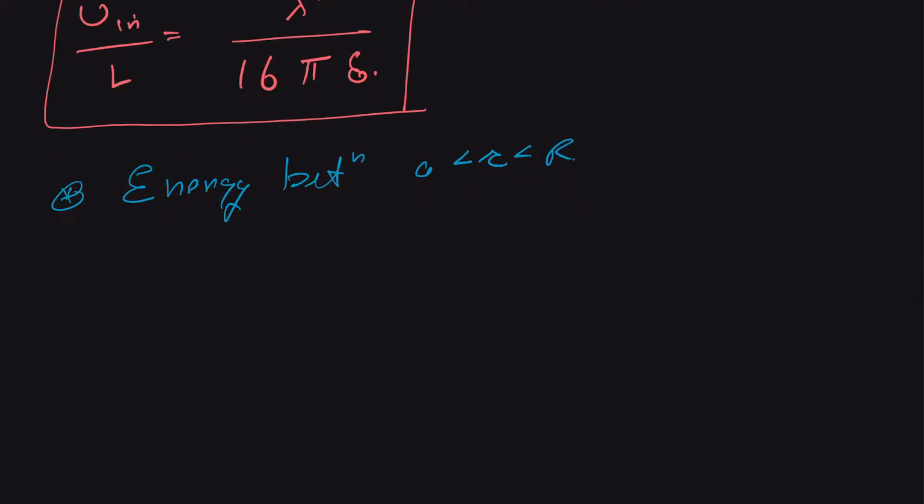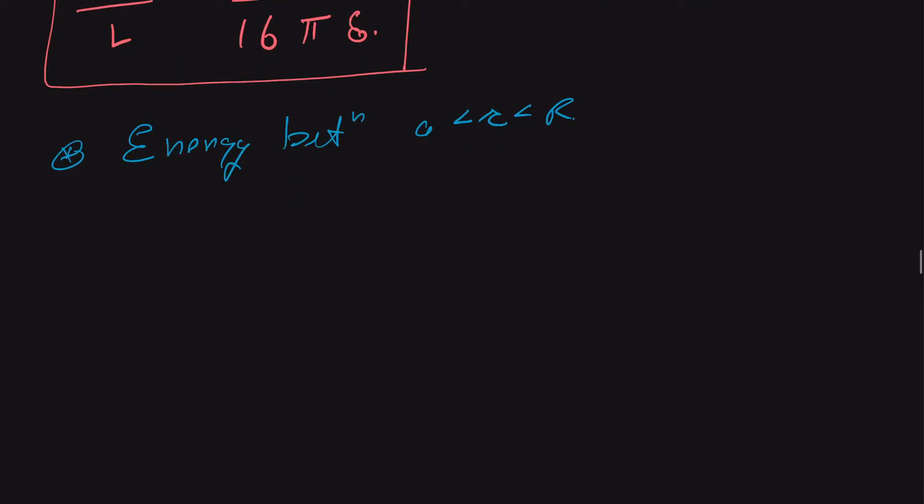So we can write this as our energy U, let us call this between, per unit length, will be equal to the same formula, 1/2 epsilon naught integration, and